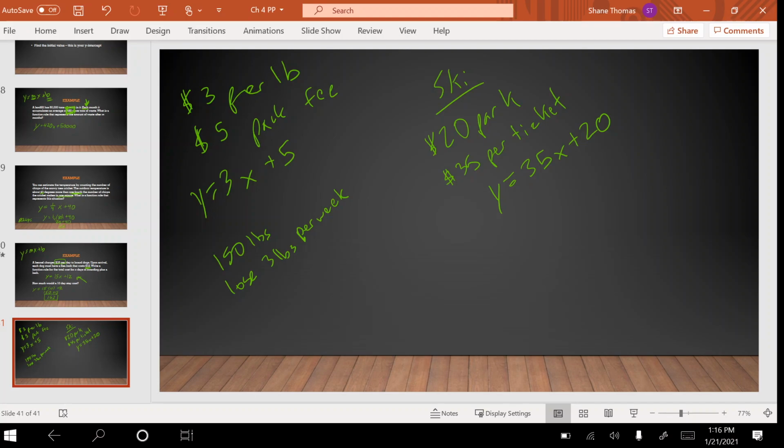Okay, so y equals. Here is the tricky one. I saw this a lot. I'll show you the 2 mistakes I saw. The first thing is, you mostly saw the 3 pounds per week, so you pretty much all had the slope correct. You saw lose, so you started thinking minus, which is good. Problem is, right now you're saying that he weighs negative 150 pounds. So he's hanging out in space if he has negative weight. So this has to be,